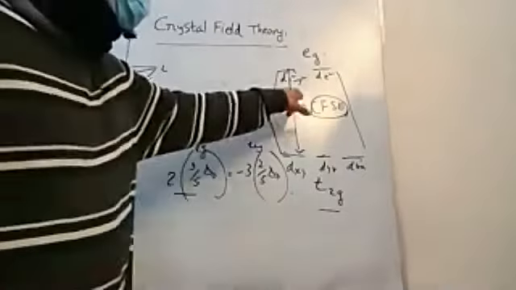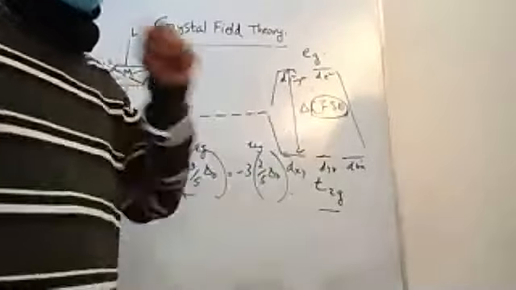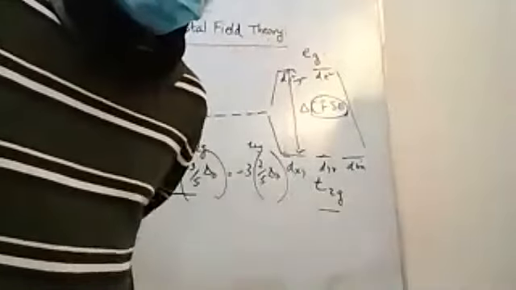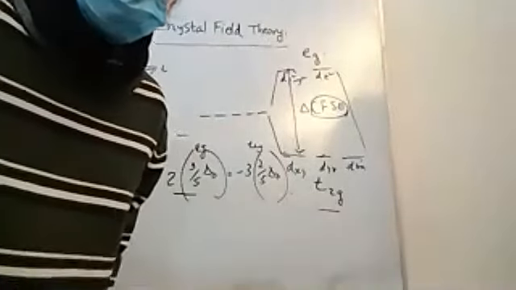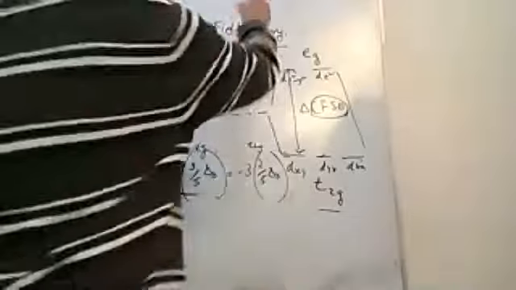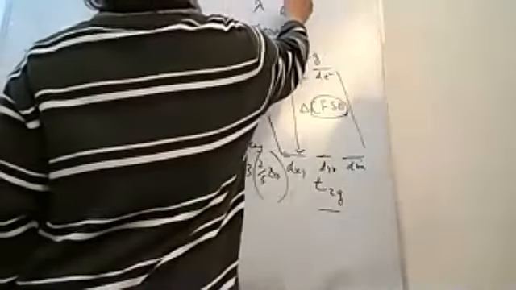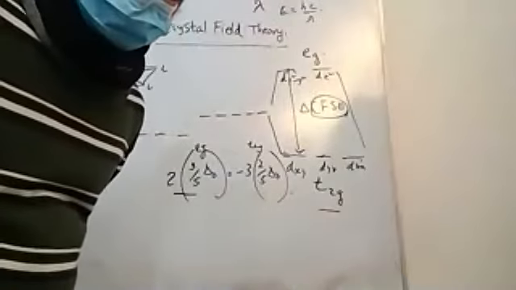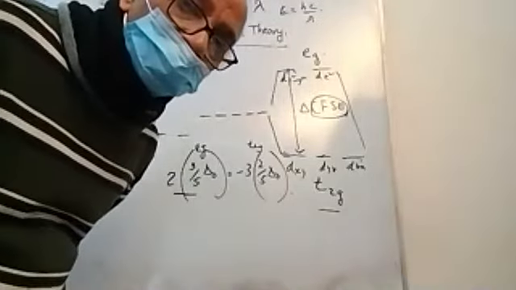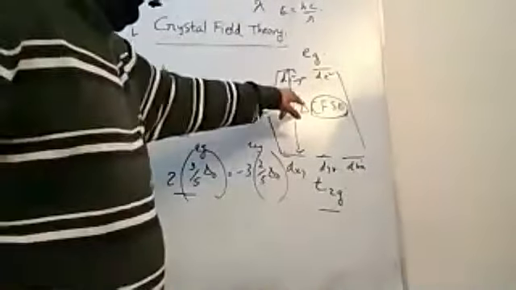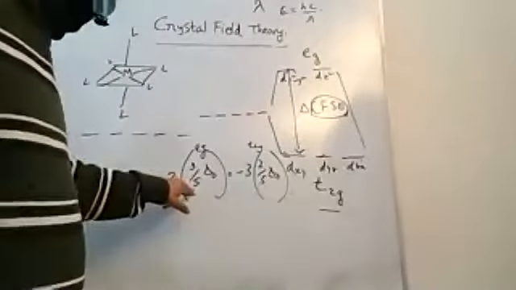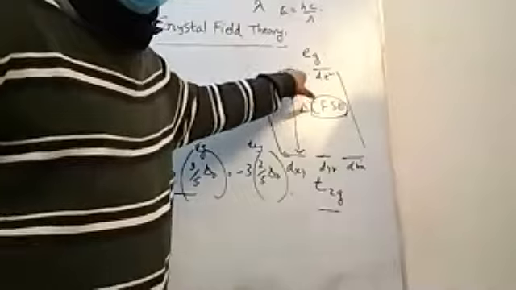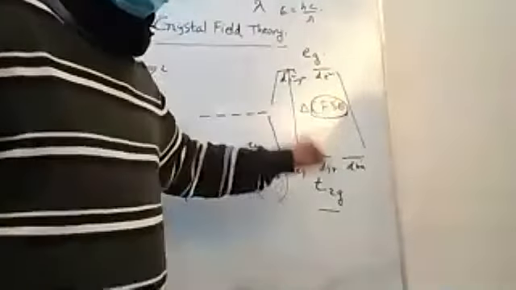So if I want to know the delta 0 value, how do I do this? You can do simple visible absorption spectroscopy and see what wavelength of light is absorbed. Once you know the wavelength of the light absorbed, lambda, you can calculate the energy, which is hc over lambda. Once you know the energy, that's your delta, from which you can calculate, using this equation, the actual energy of the x squared minus y squared and the actual energy of the dz squared.